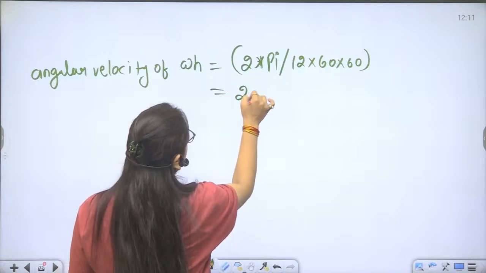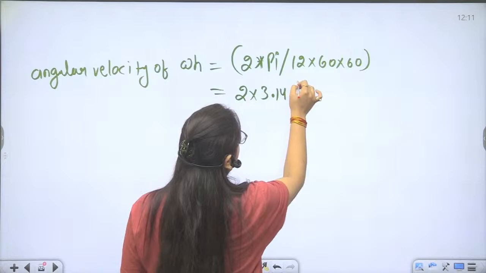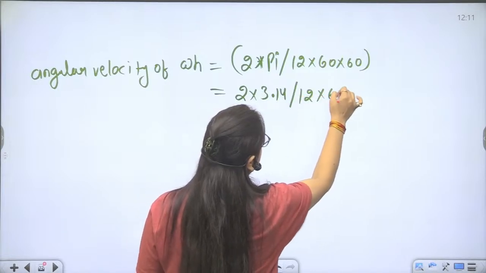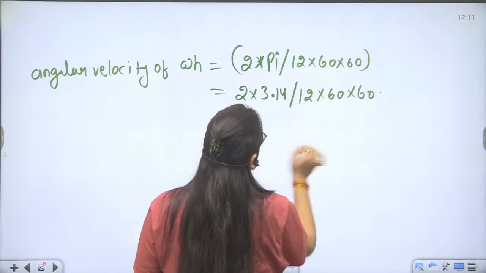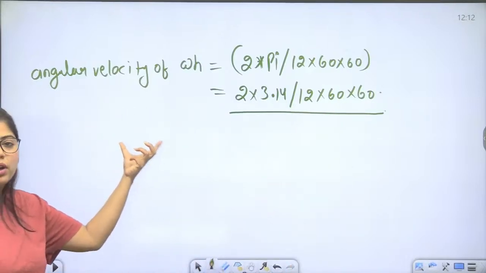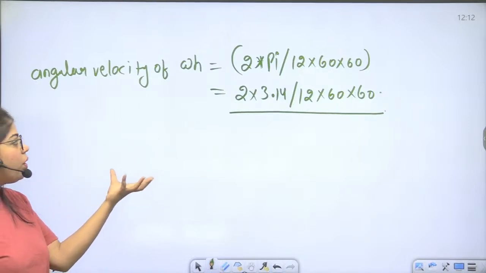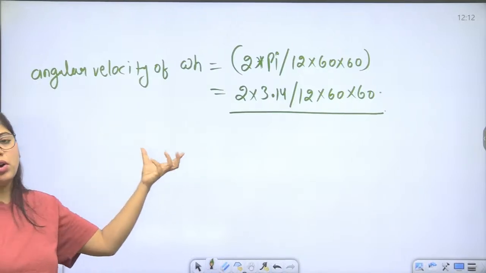That is 2 into 3.14, the value of pi, upon 12 into 60 into 60. Before calculating the angular velocity of the minute hand,